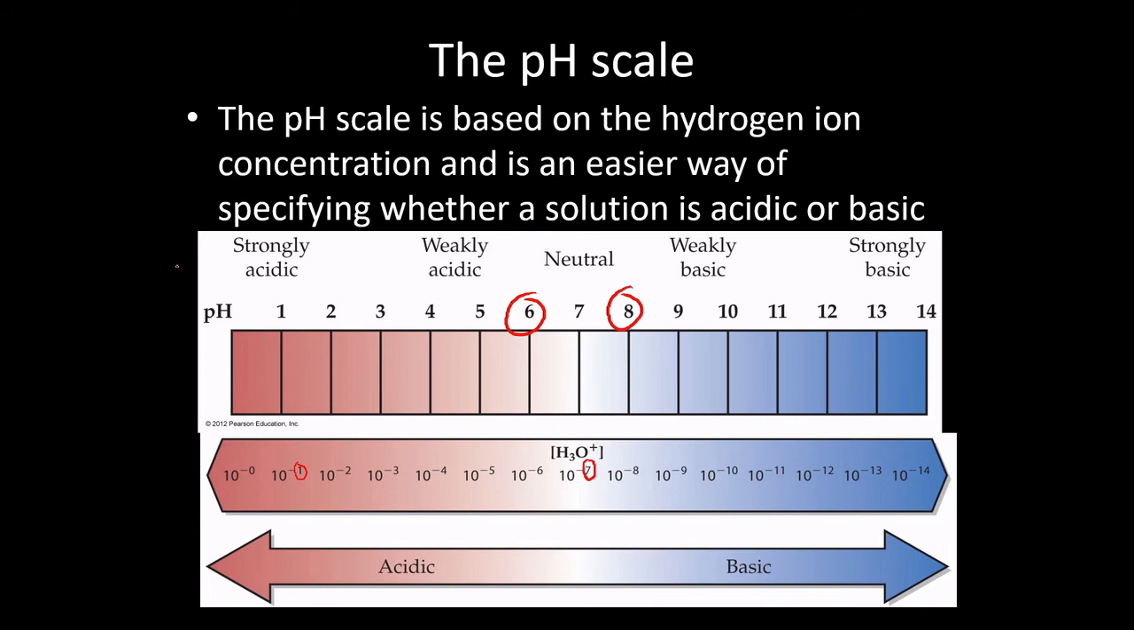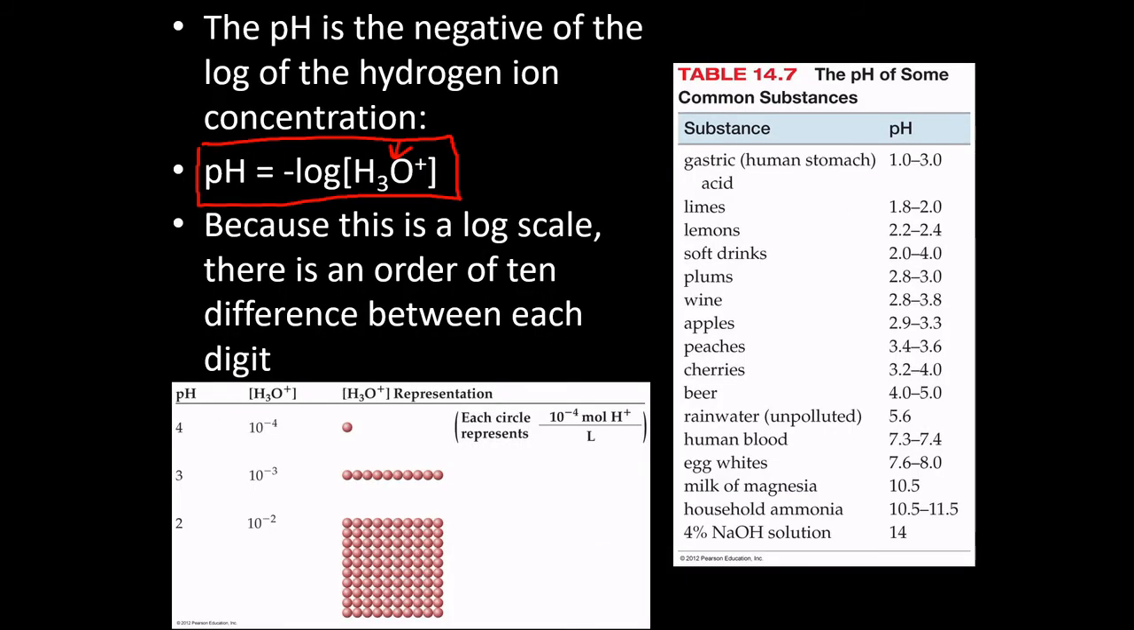And by the way, these do not cut off at 0 and 14. They can actually go beyond that, but you don't really find that in nature at all. Most things that you find in nature are within that 0 to 14 range. Okay, so just to give you a few ideas of some pHs of different things that you might